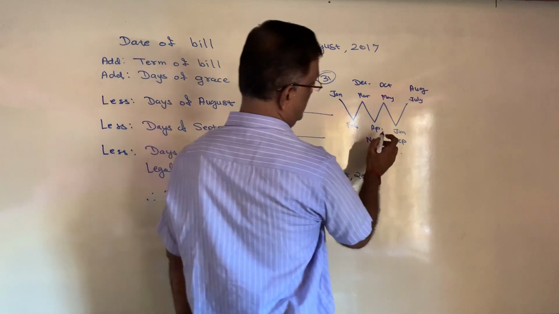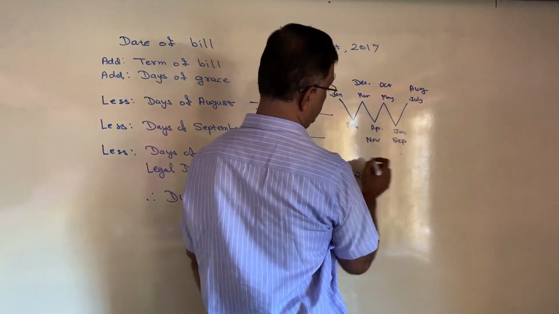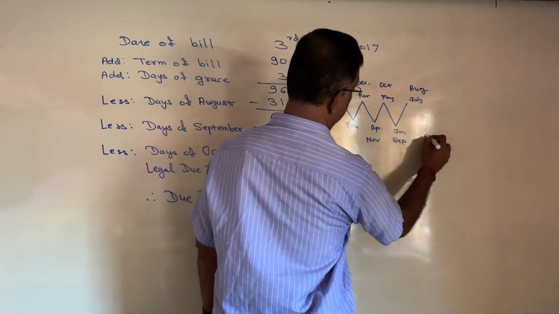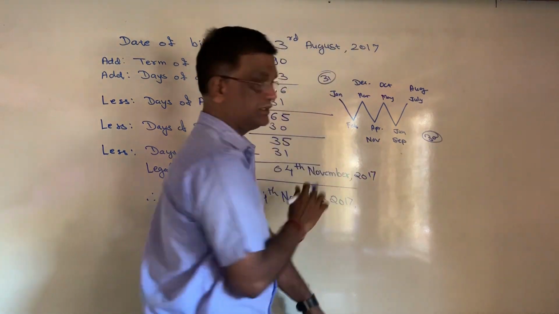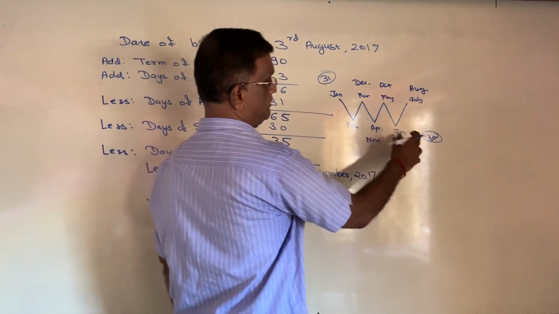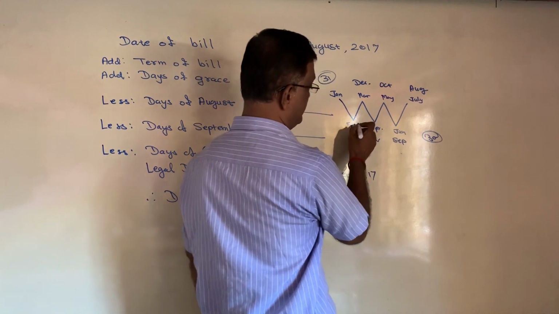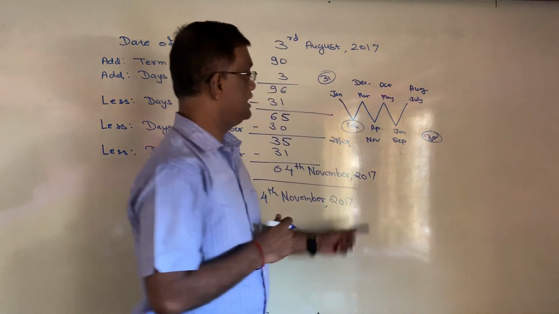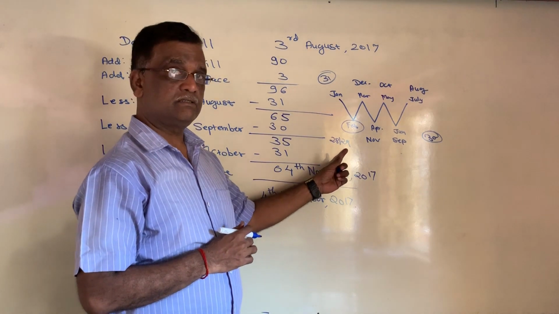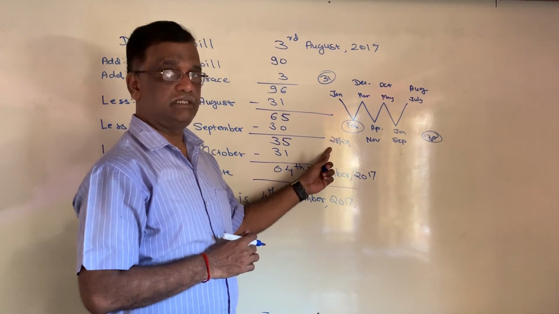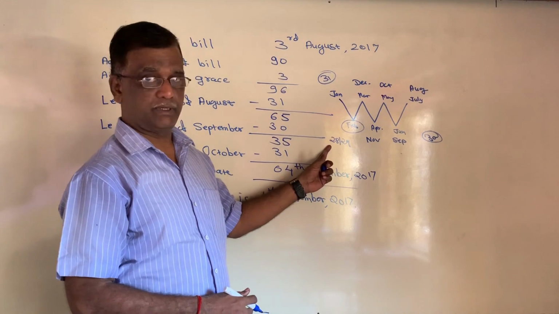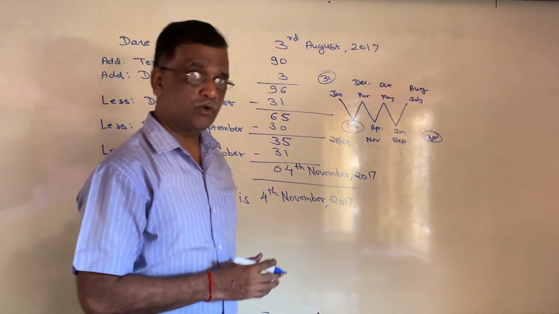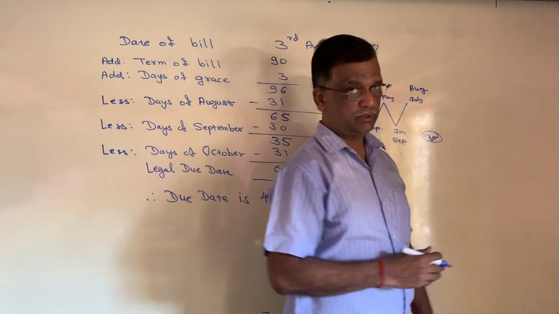And at the bottom, the rest of these 4 months have 30 days, except February. So all the months at the bottom have 30 days except February. February, you know, gives either 28 or 29. In a leap year there are 29 days and in an ordinary year there are a total of 28 days in February. How to find out a leap year? A leap year comes after every 4 years, you know.